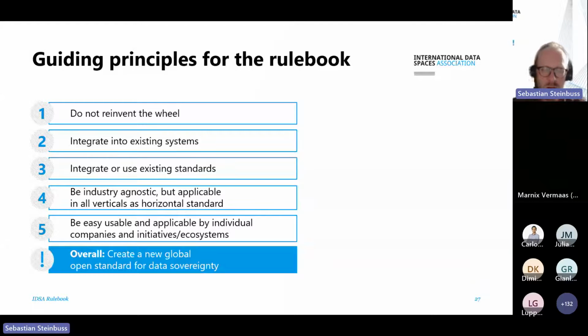So the idea of the IDSA rulebook is we don't want to invent something completely new. Basically, reuse existing things and integrate into existing systems, integrate and use existing standards, and add where it's required. So we are aware of some missing spots where standards are still required to be implemented, to be realized, but there is a big bunch of standards that we can already use and integrate into our system